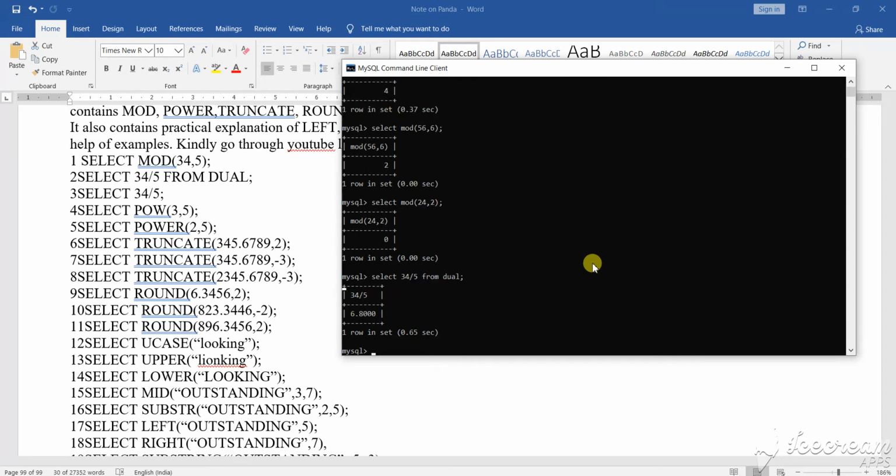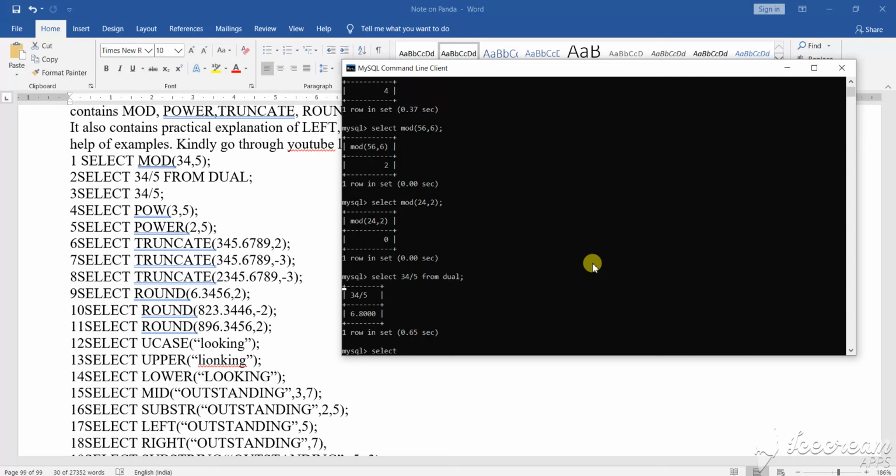So if you divide 34 by 5, what will be your output? This is the output that has been shown to you at this particular moment using the dual function. Another, let us do it.